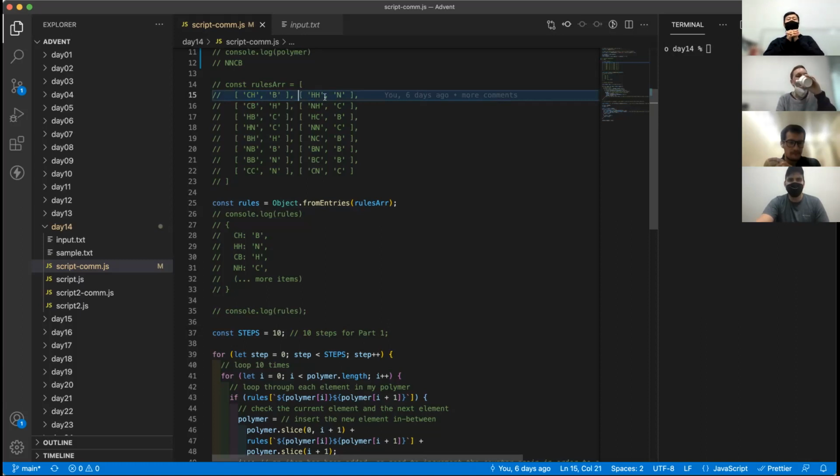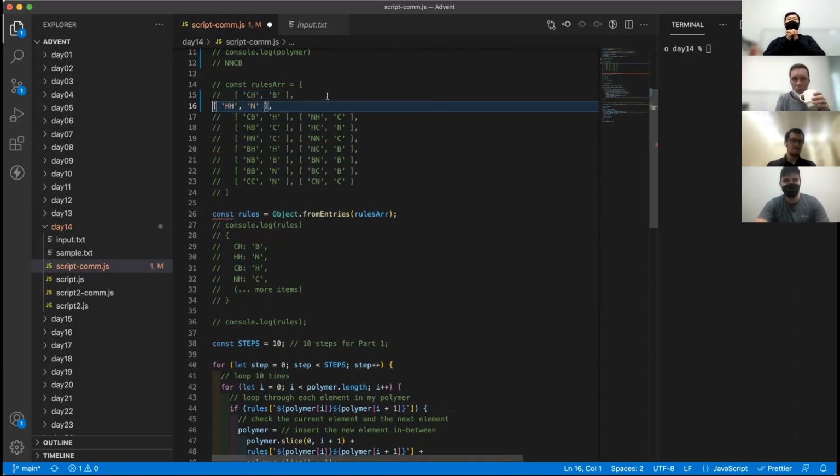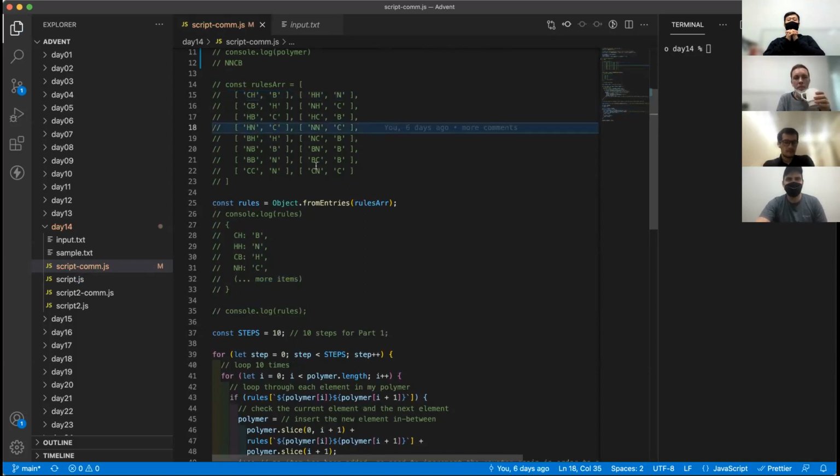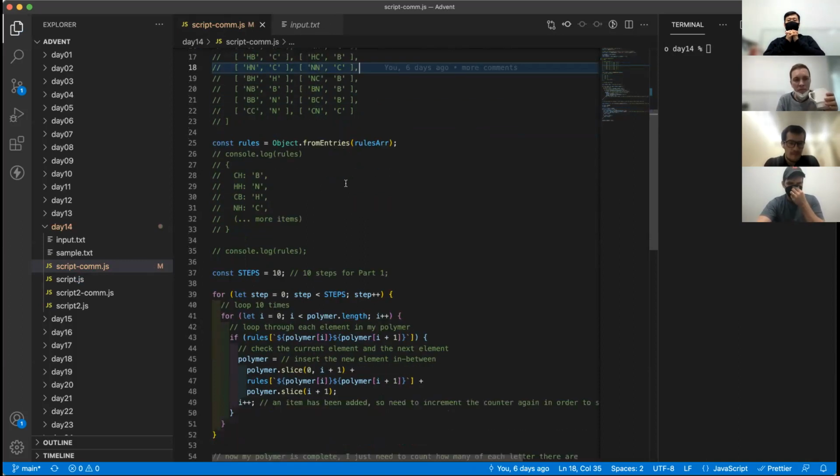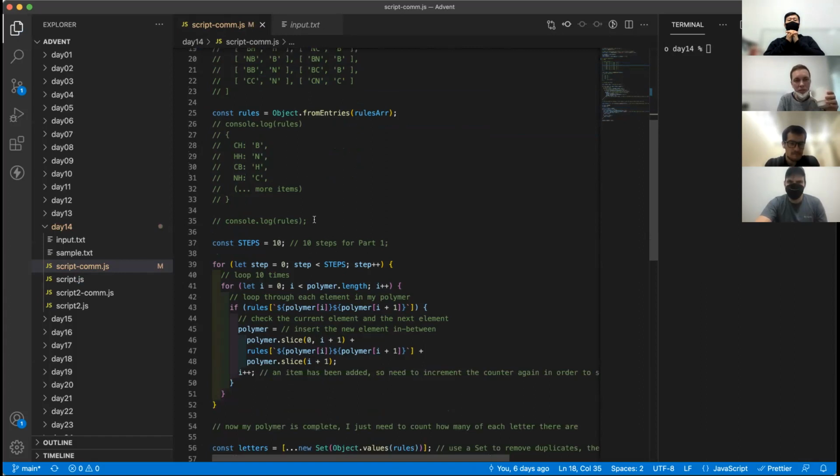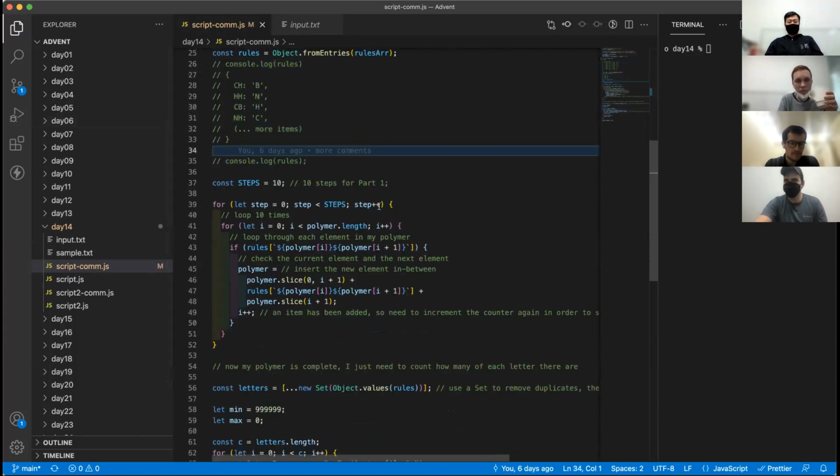Formatting. The formatting here, these should all be on new lines, but we don't, just to make it display better. So now that I have everything set up, I can do pretty much just like